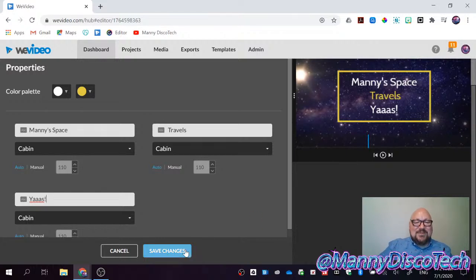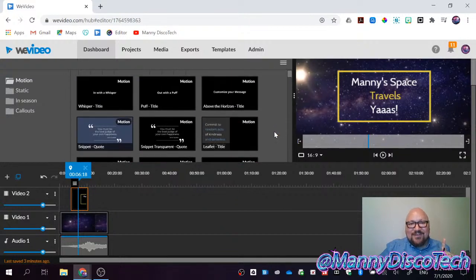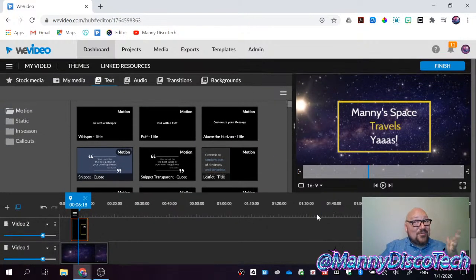And now, if you see save changes, notice that I don't see the stock media menu or anything. That's because I need to scroll up, and they're there. Come on, there you go. They're there. Okay. Just know it happens. It happens to me, even though I know that's the problem. I still go like, oh my gosh, where did the menu go? Okay, so now I have my title, right?